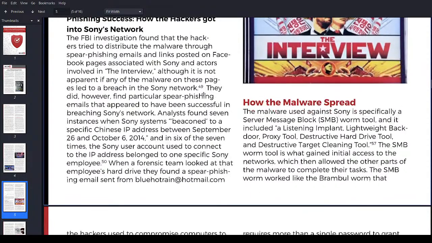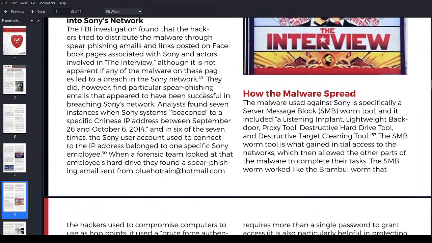The FBI investigation found that the hackers tried to distribute the malware through spear phishing emails and links posted on Facebook pages associated with Sony actors involved in The Interview.